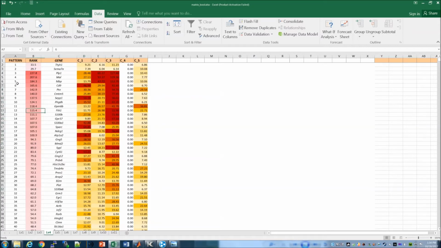So here what you have is the different markers, MVP for instance, MAL and PLP1 we have markers of oligodendrocytes, and you also have basically in each cell a score, which you have to keep in mind is not an expression, it's a statistical score, it's a Z-score, and basically the higher the number, the more significantly expressed a gene is in a specific